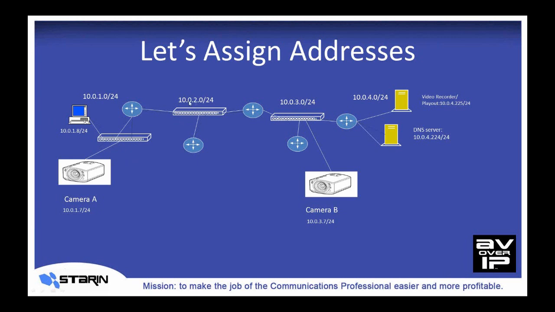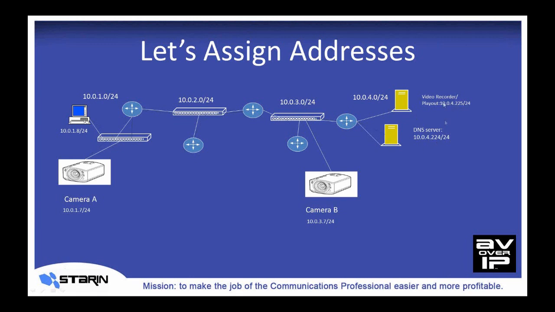This network here, 10.0.2.0, has no devices, but these are interfaces. So they would probably get addresses 2.1, 2.2, 2.3. Likewise here, we'd probably put 3.1 here, 3.2 here, 3.3 here, and make the camera something higher, 3.7. And finally, if we had 2 interfaces here that these servers connect to, then we'd probably put 4.1 on one interface and 4.2 on the other interface,